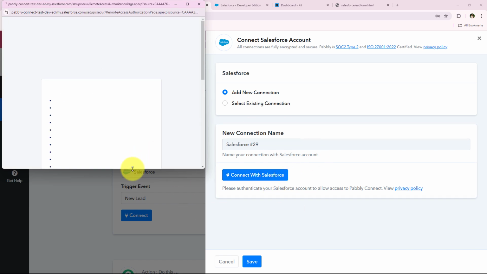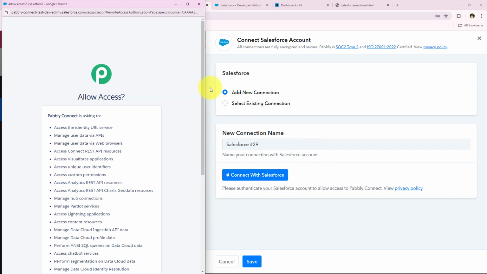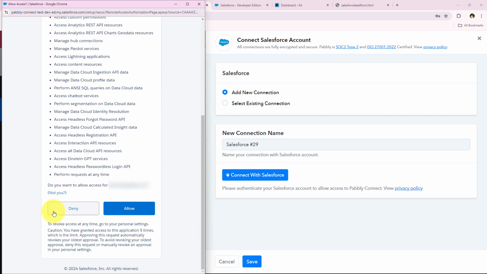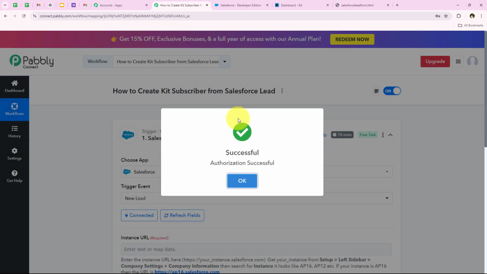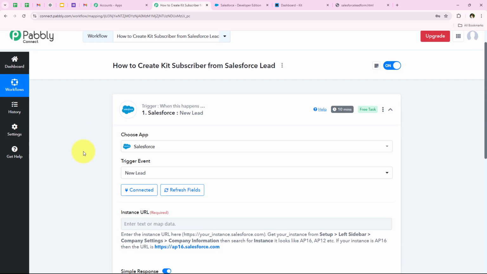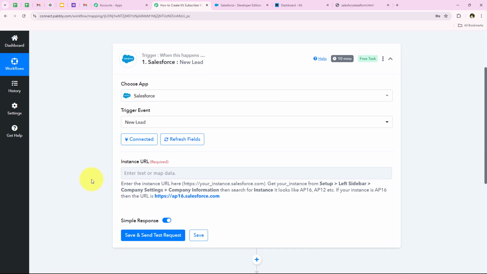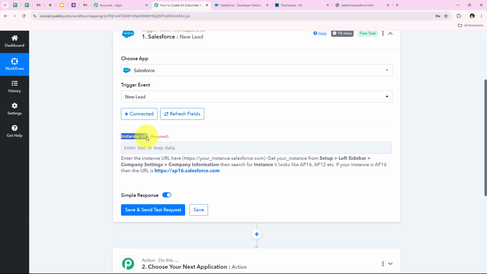As soon as we click on this button which says connect with Salesforce, over here you can see that it is asking me for some permissions. So I'm going to click on allow and give Pabbly all the permissions it is asking for, because my data is secure with Pabbly. As soon as we click on allow, yes, you can see authorization successful. We have successfully connected our Salesforce account with our Pabbly workflow, and now it is asking me for the instance